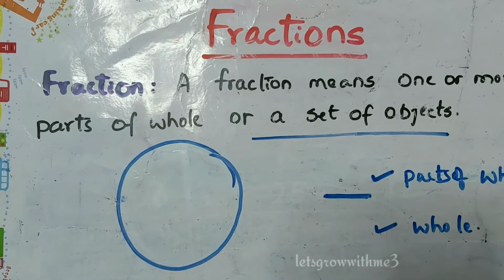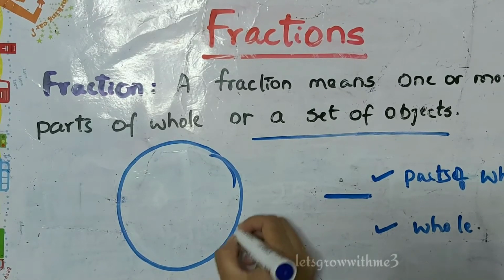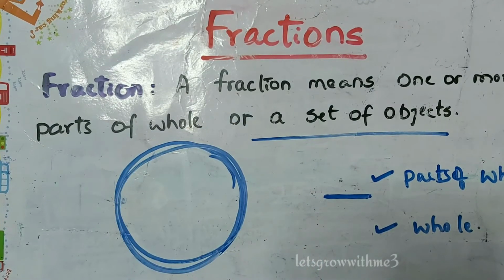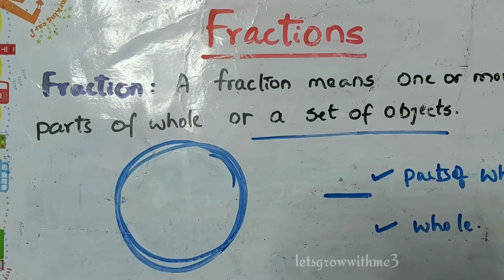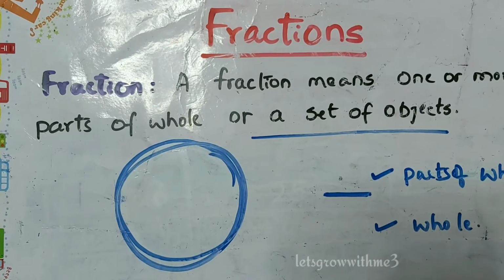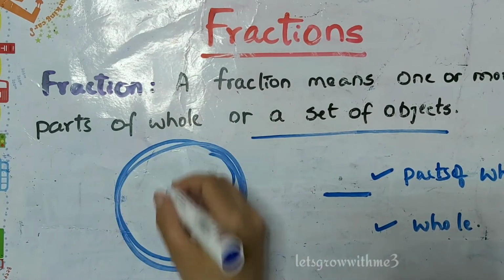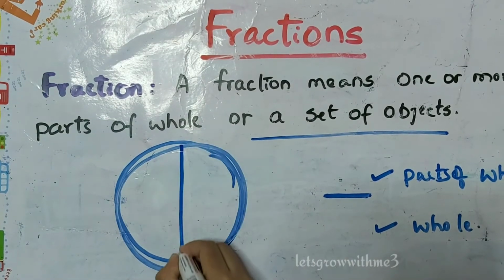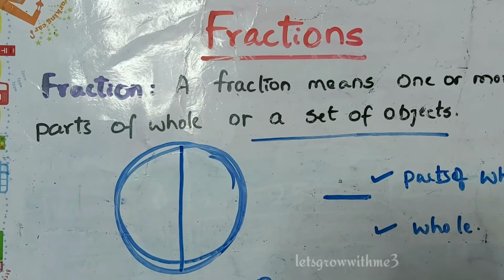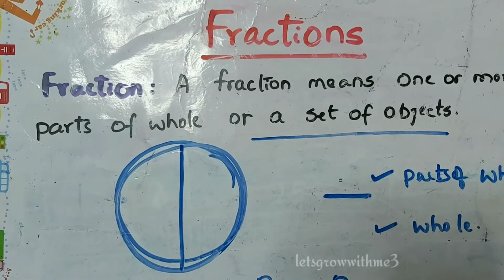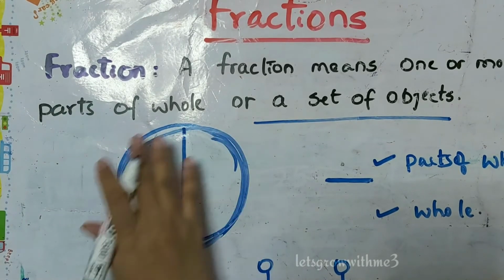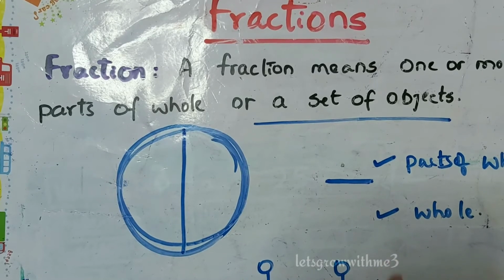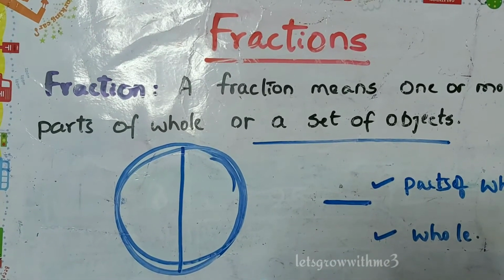What do you mean by this? In place of the numerator we will write the parts of the whole which we require, and the bottom is the total number of parts which makes the whole. The best example for a fraction is pizza. When you want to share a pizza between two kids, what we will do is divide the pizza into half. So the whole we are getting with two parts. When you join two halves you will get the whole.